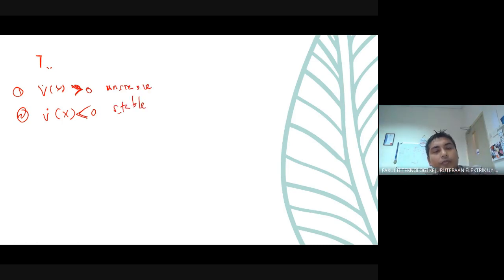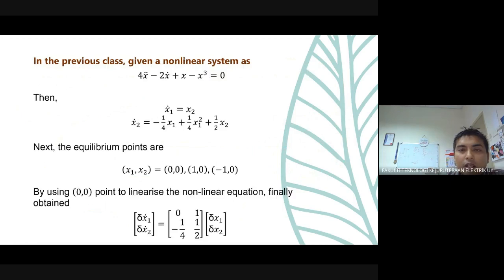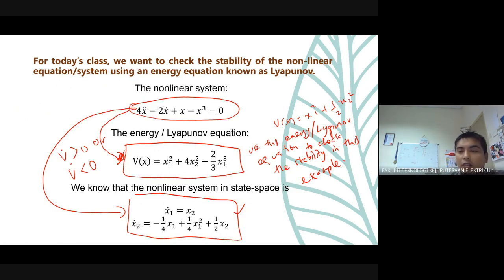Okay. All right. So now we want to test: is the system applied to this energy equation, the V dot greater than 0 or the V dot less than 0? So let's see. All right. So now what you need to do,